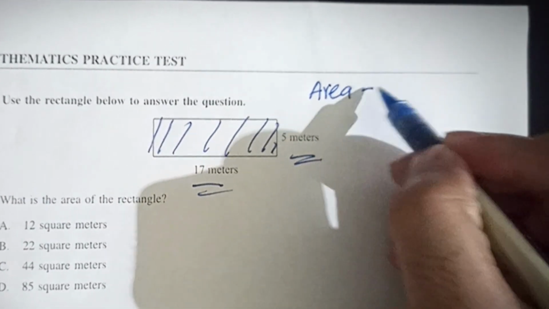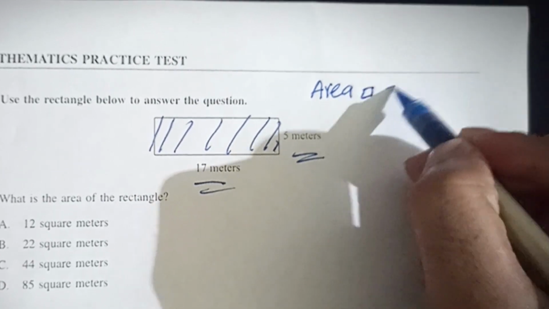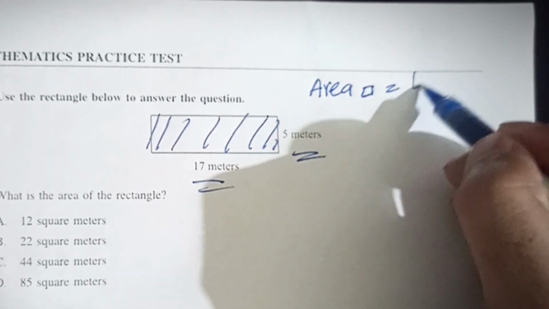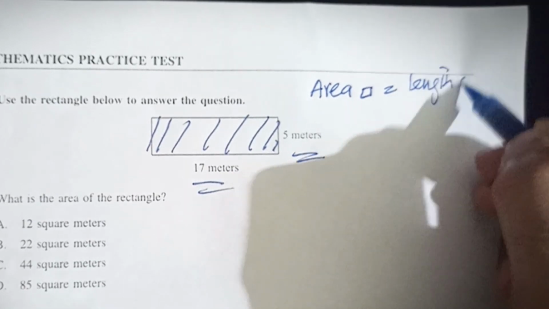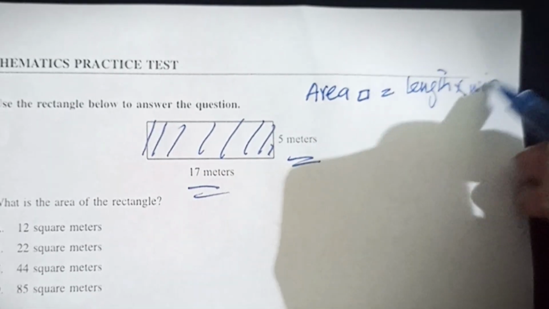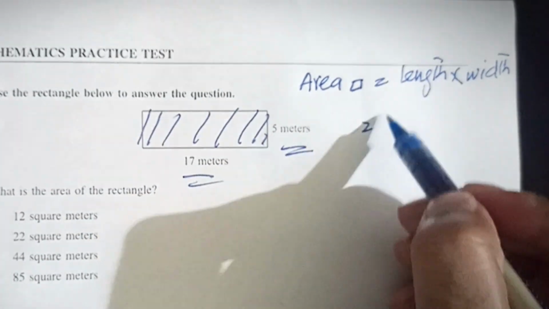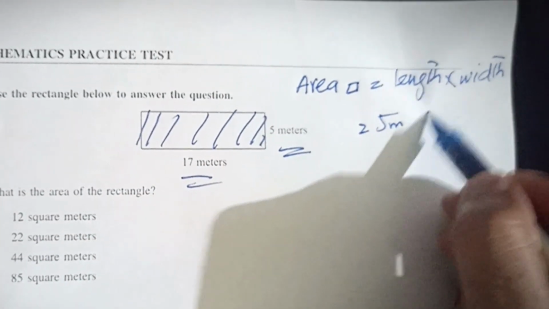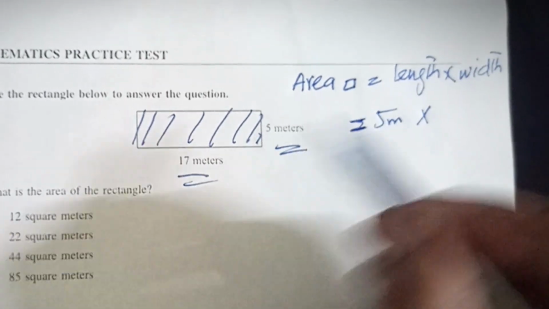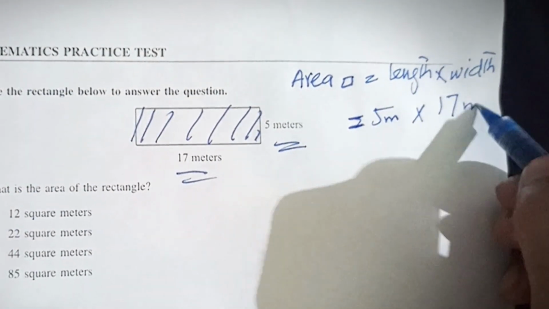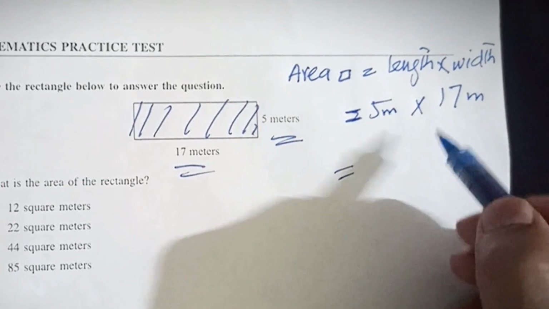Area of the rectangle is equal to length multiplied by width. So we get the area. Here length is 5 meters multiplied by 17 meters. After multiplying it,